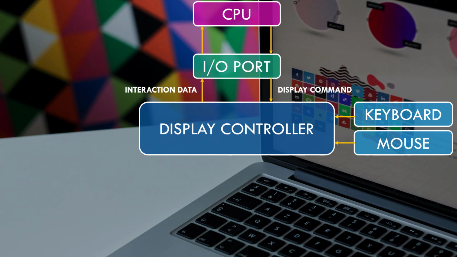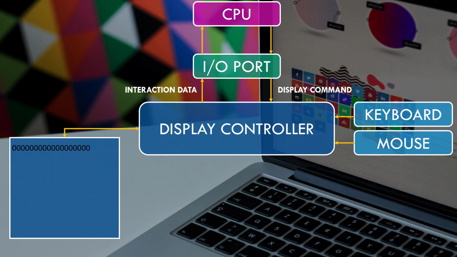The CPU takes the interaction data and passes it to the input output port, where it is converted into a display command. These display commands give the command to display the character on the screen. For the time being, we will see that the letter T is going to be printed. So let us see how it works.